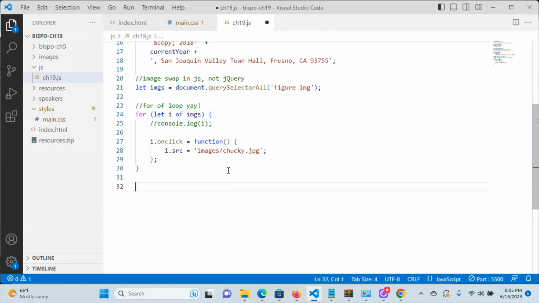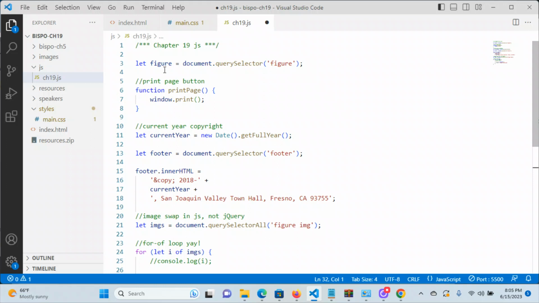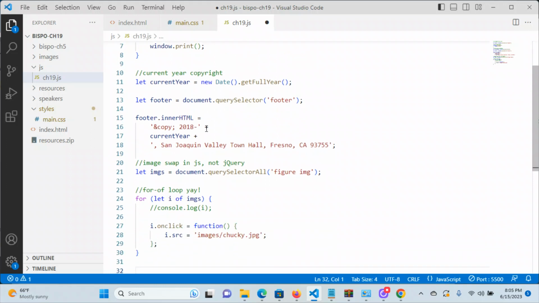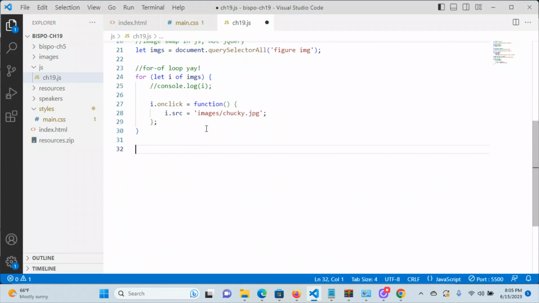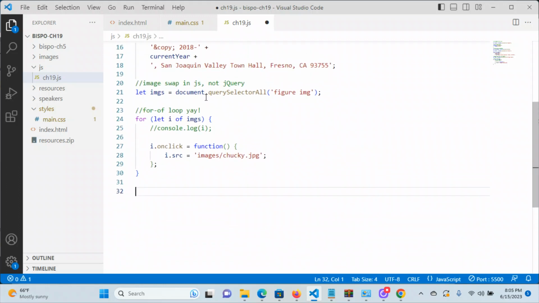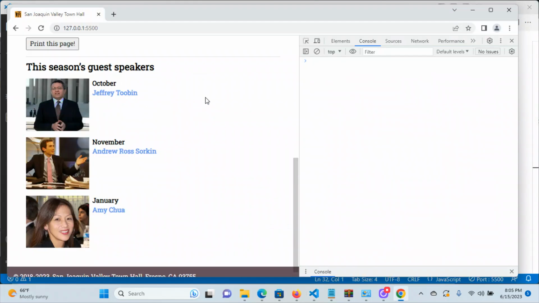Okay, so we learned a few things. We did the print page button. We changed the footer with some dynamic content. We got the full year of a new date. And then we looped through some images for some more dynamic content. When the user clicks, the image changes out to our Chucky image. So this brings us around full loop, and we finally, no pun intended, get around to doing what all this stuff was for, which is to do our mobile nav. So right now our mobile nav is such that